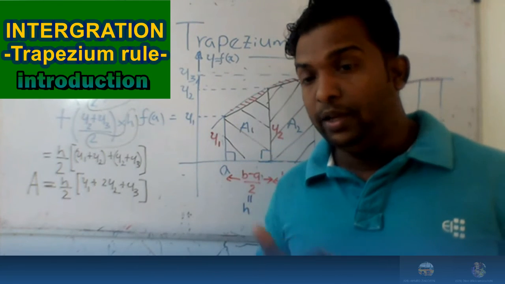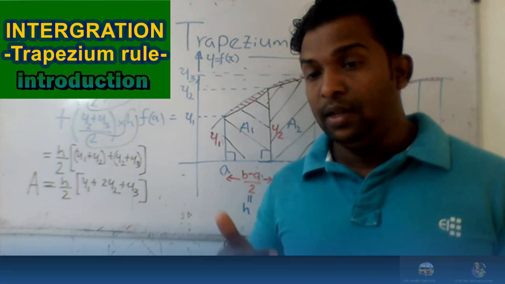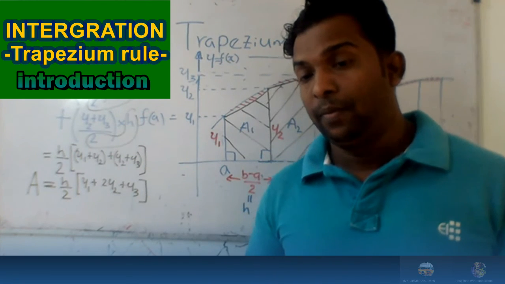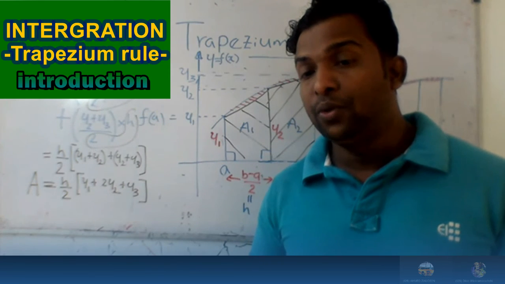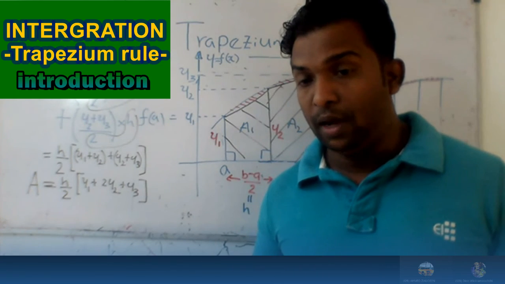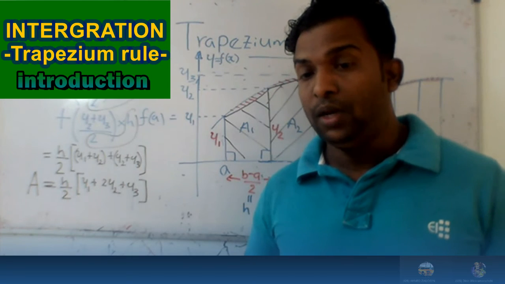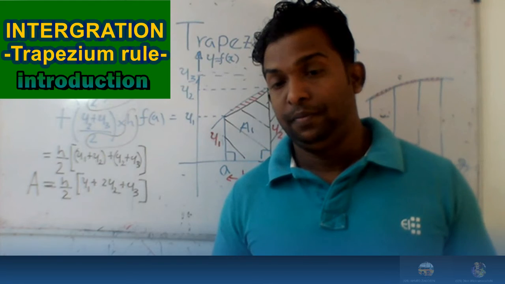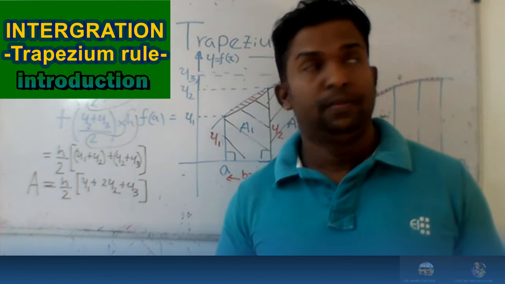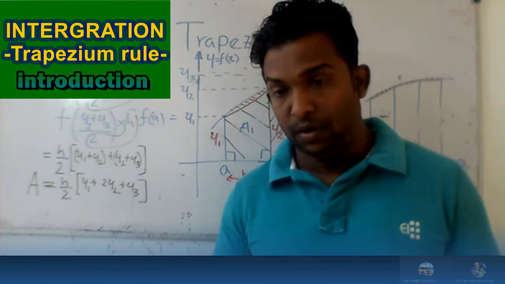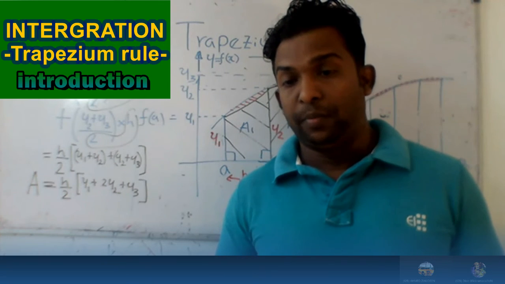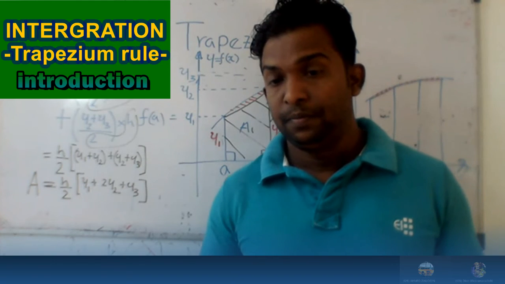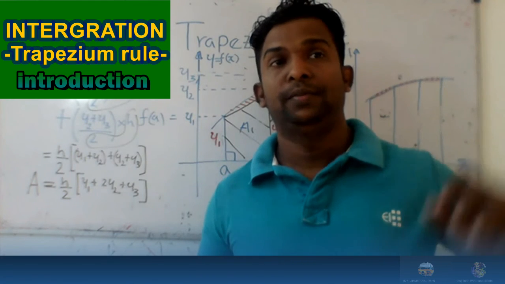You can write in a new line, again you can put a star mark and write: general formula for the trapezium rule. The general formula for the trapezium rule can be given as